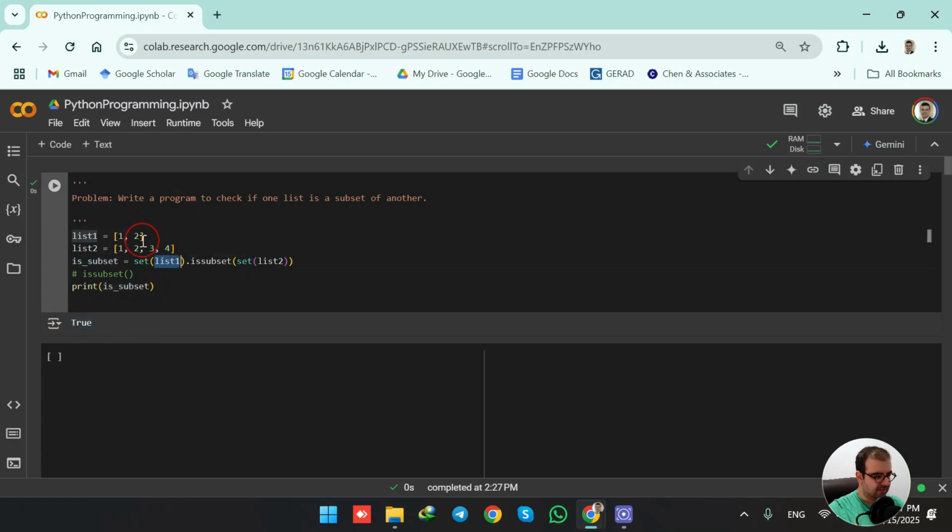It means that list 1 is a subset of list 2. Why? Because all the elements of list 1 are contained in list 2. So this is how it works, but we can also check